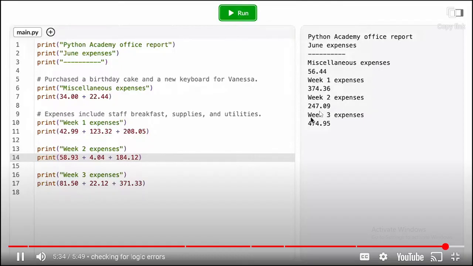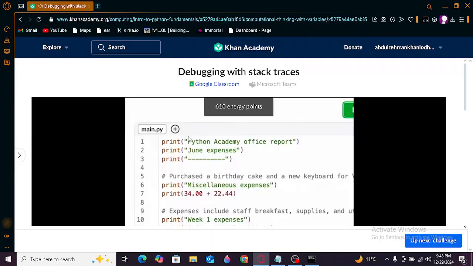Cool, let's continue checking the rest of the output for logic errors. We have week 3 expenses, and that number looks good, and that's it. My program finally works. Next time though,